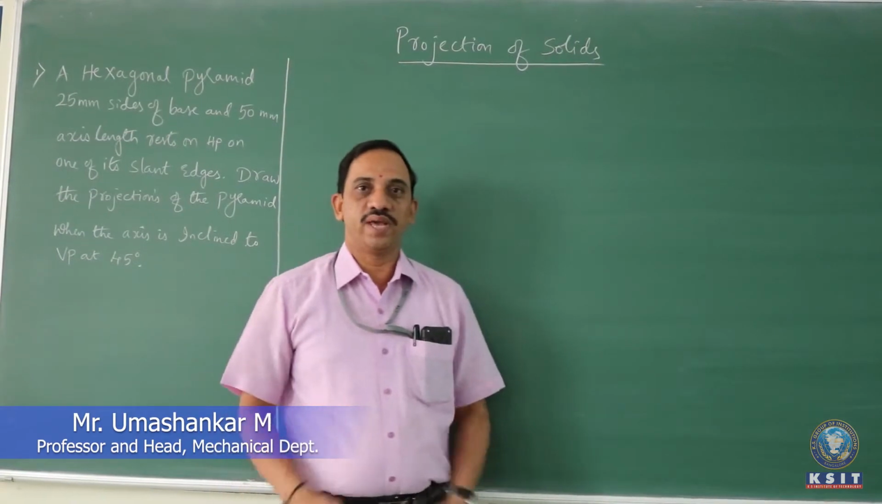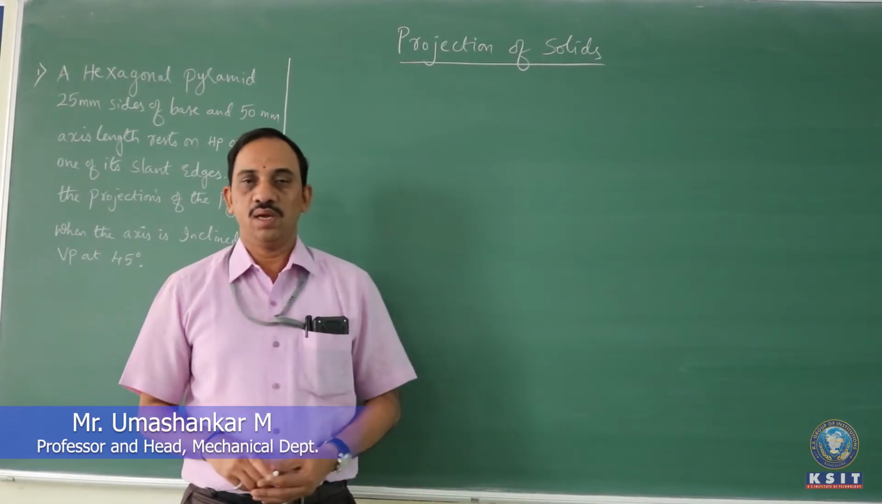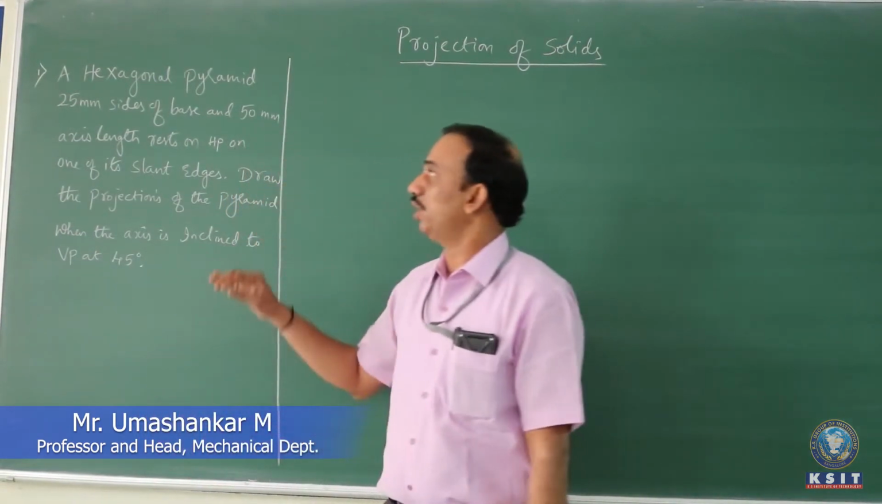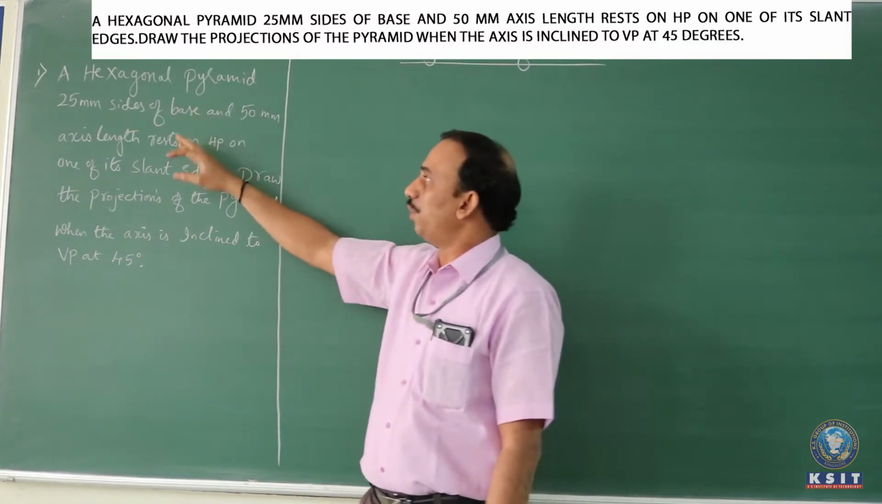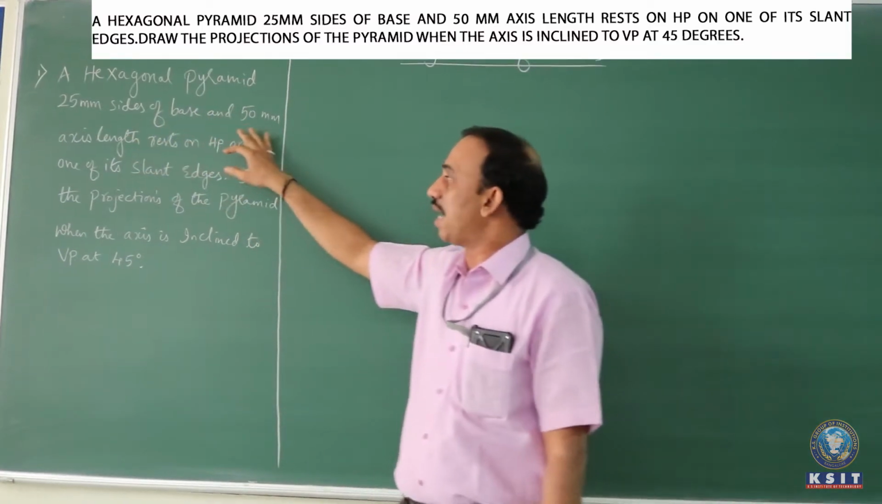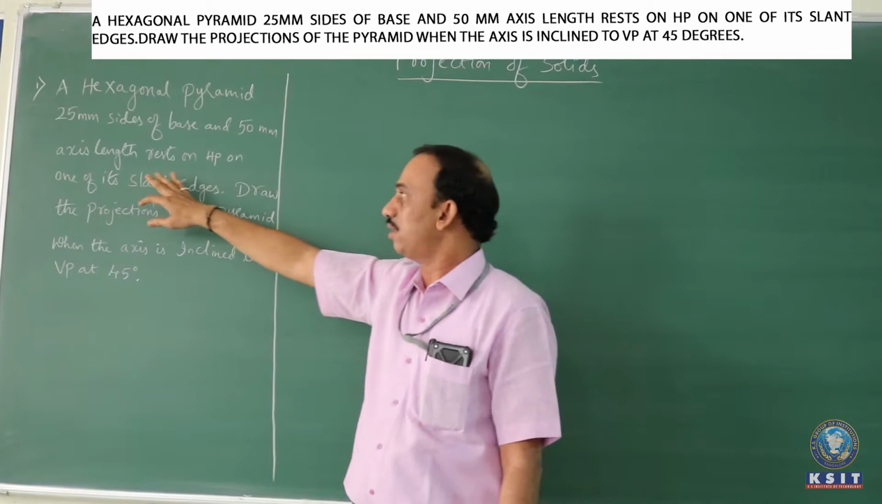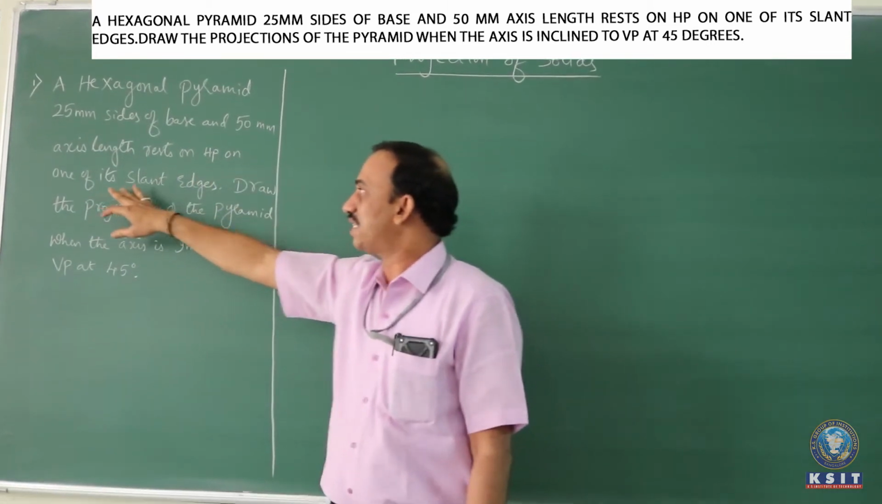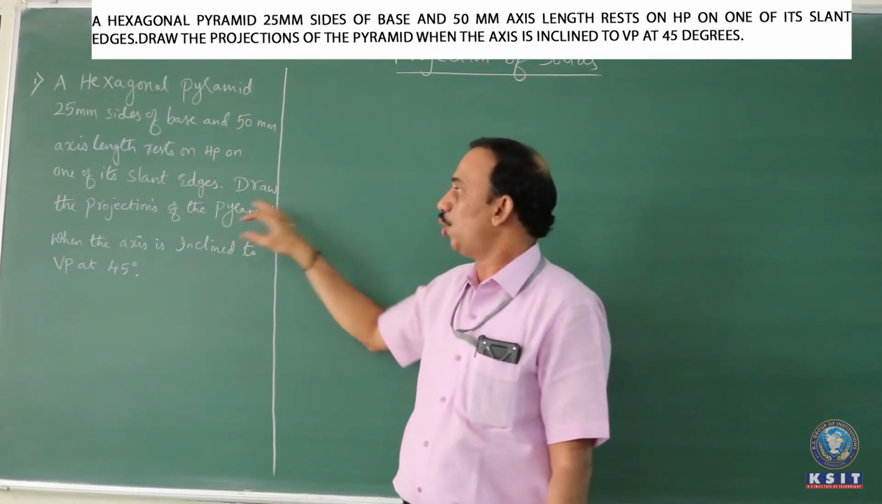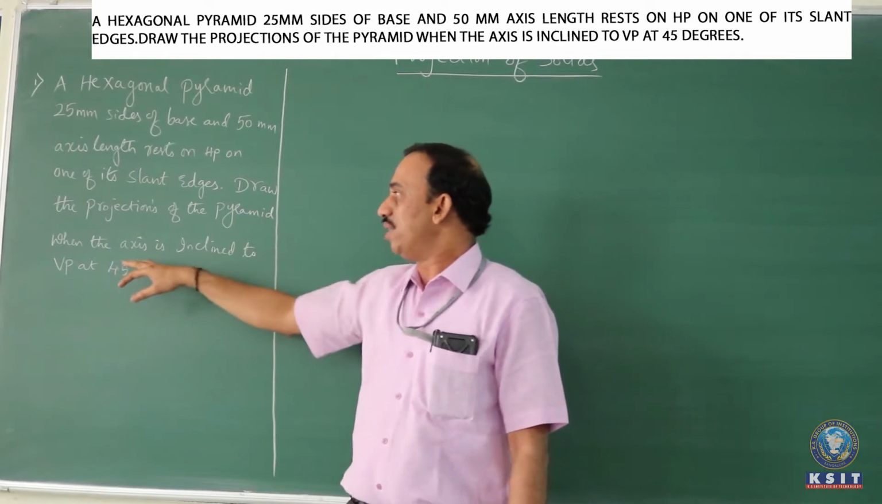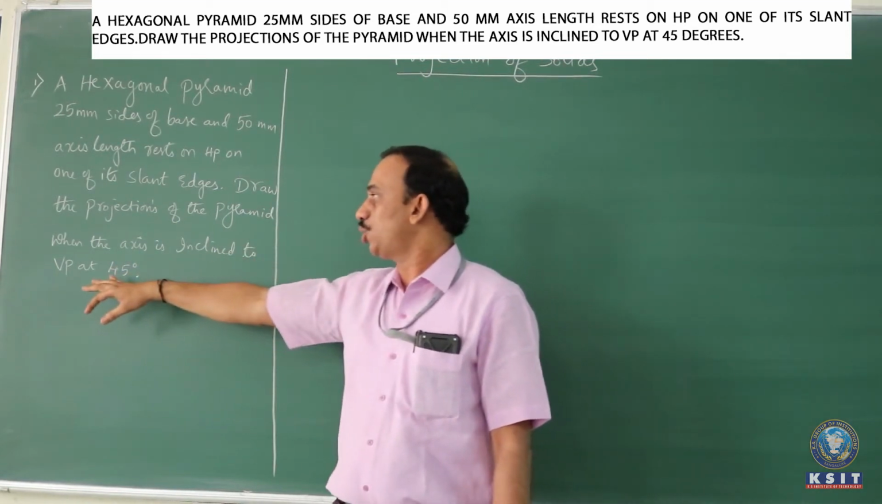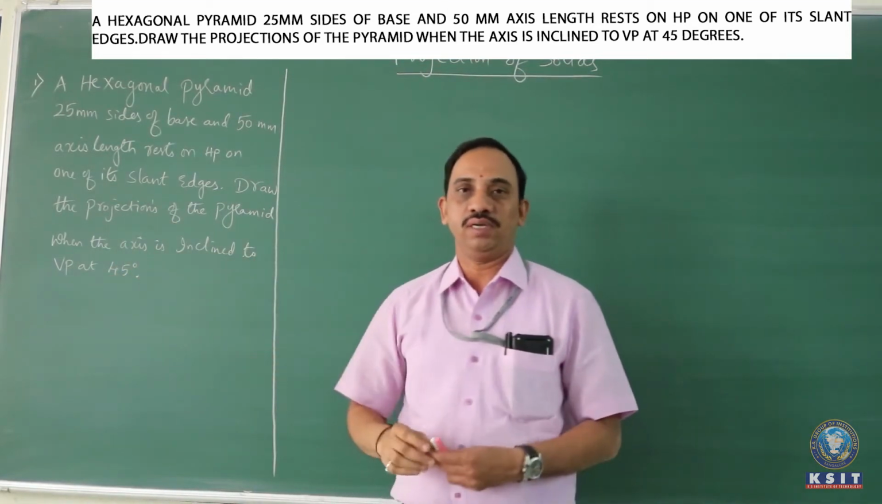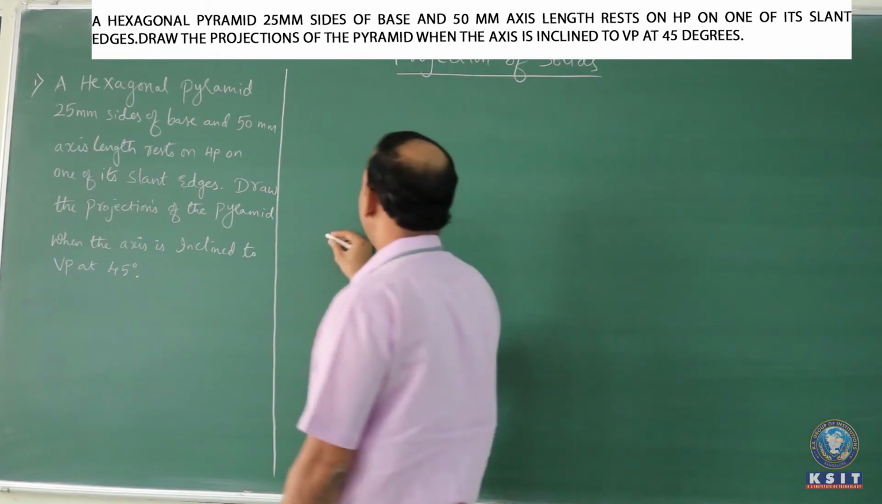Good morning. So today we will start off with hexagonal pyramid. The question is like this: a hexagonal pyramid, 25 mm side of base and 50 mm axis length, rests on one of its slant edges. Draw the projections of the pyramid when the axis is inclined to VP at 45 degrees. Now to start off with this problem,